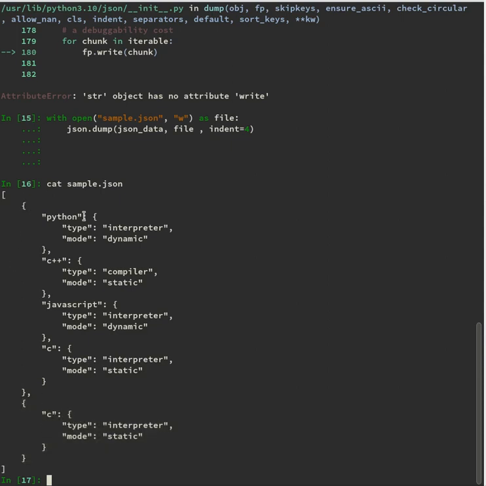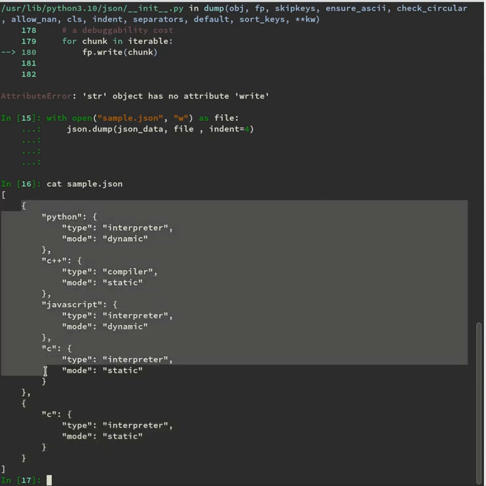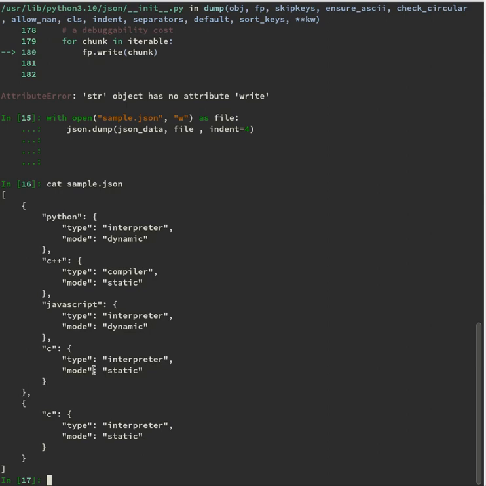But if you want to embed inside of the first object itself, you can follow the second approach that we took. So this is how you will read and write the content into JSON files, as well as load and dump the content into JSON files.